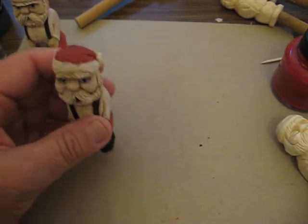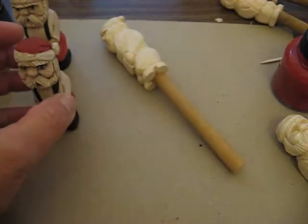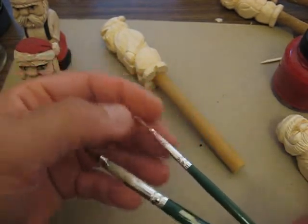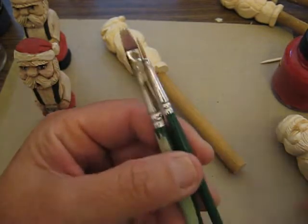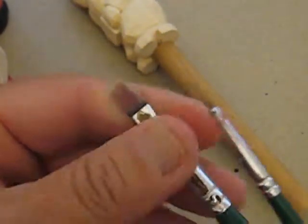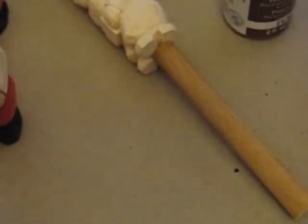Once you go ahead and seal it, you're going to need a few things. You're going to need a couple of paint brushes. I usually use a wide one, and one of these thinner ones to do the smaller portions. You want something a little fine, and something a little bit wider for your larger pieces. You're going to need black paint, you're going to need red paint. I use blue paint for the eyes, white for the shirt, and I used some brown or burnt umber for the